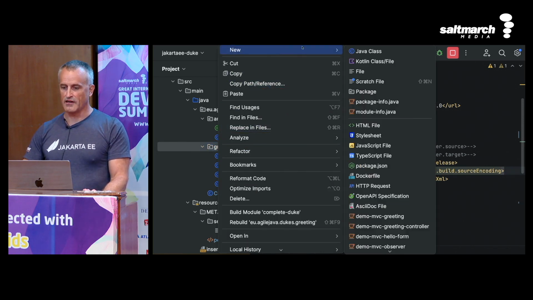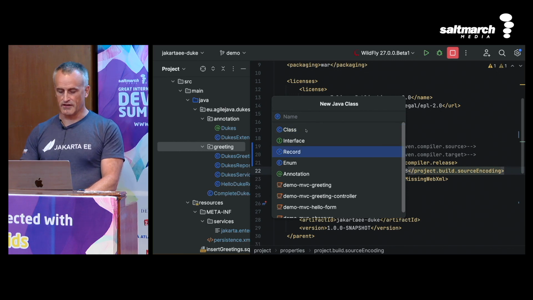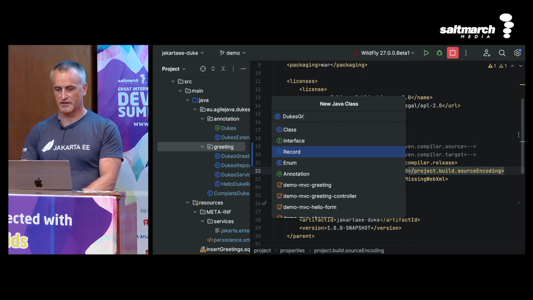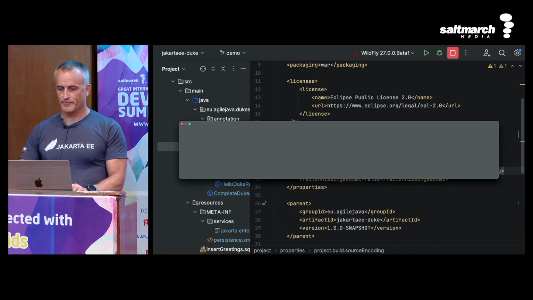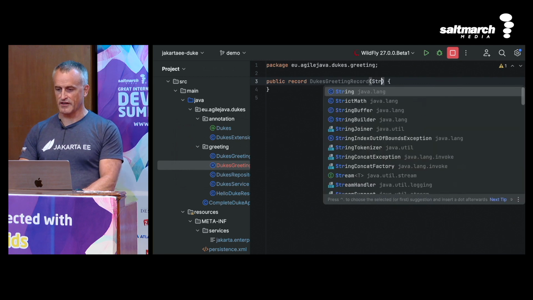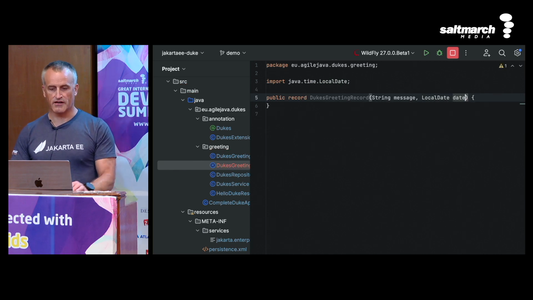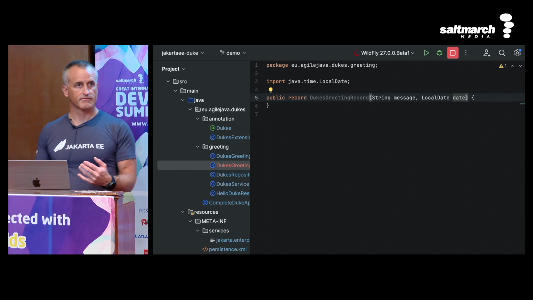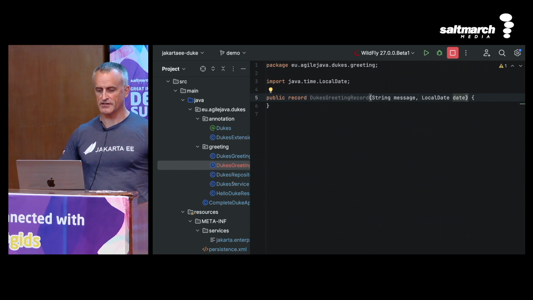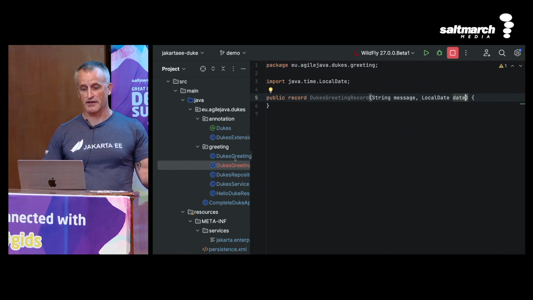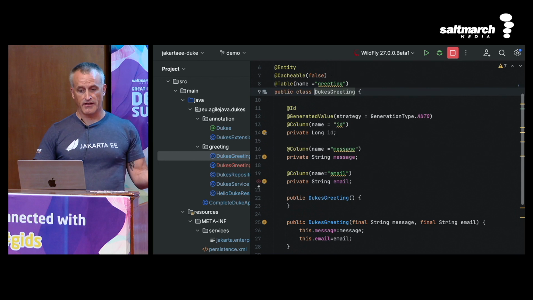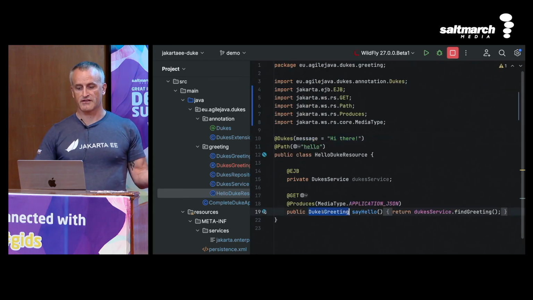So I'll create a class. I'll call it a record. I'll call it DuxGreeting record, and I'm going to give it a message and a date. And this is how you define a record, and it will generate getters for me. There is a big flaw in my design, and that is I'm using the database entity and I'm exposing it through my REST endpoint, which is not a good strategy. So I'm using the record in between here as a data object or a DTO. So what I'm going to do is, when I retrieve it from the database, I'll map it to a record